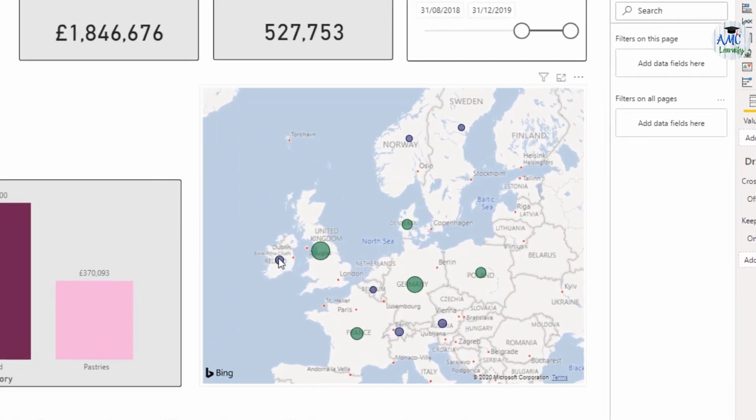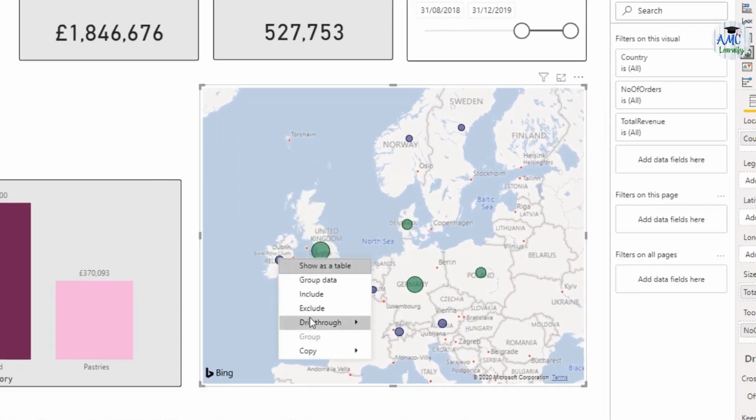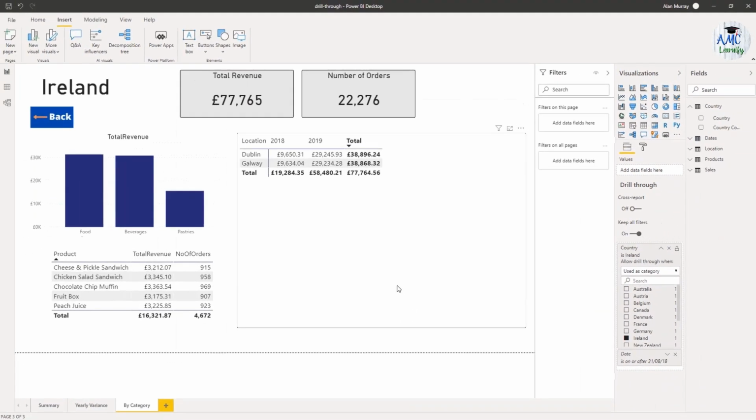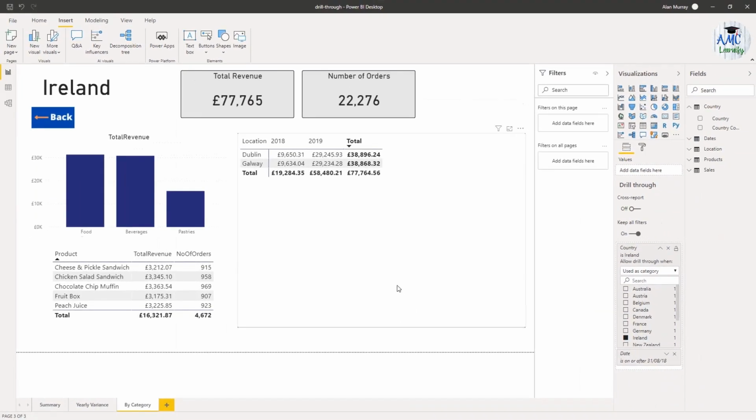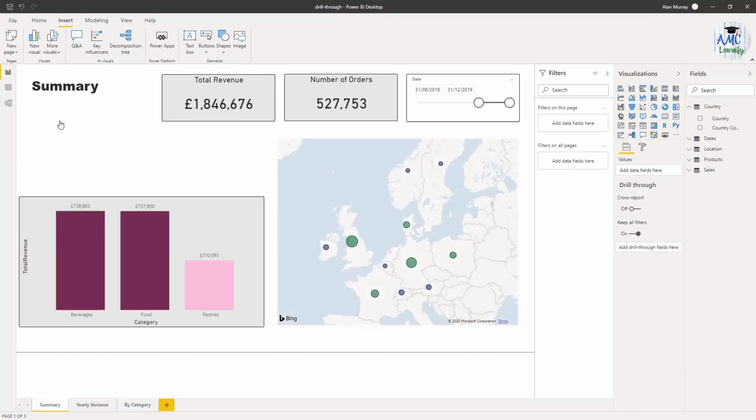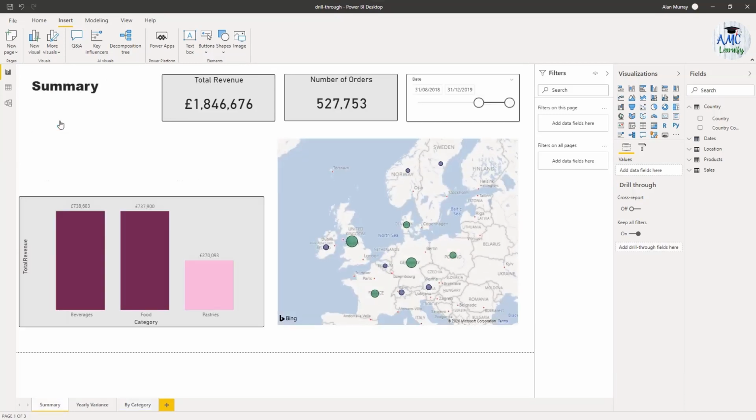If I go to perform a drill through, let's go for Ireland, right-click, drill through by category. The drill through from Ireland brings us here. The top 5 products and the 2 stores are located in a corner. It provides information about the country we are now seeing. I may now click the back button to return to the summary page, because the next thing I want to cover